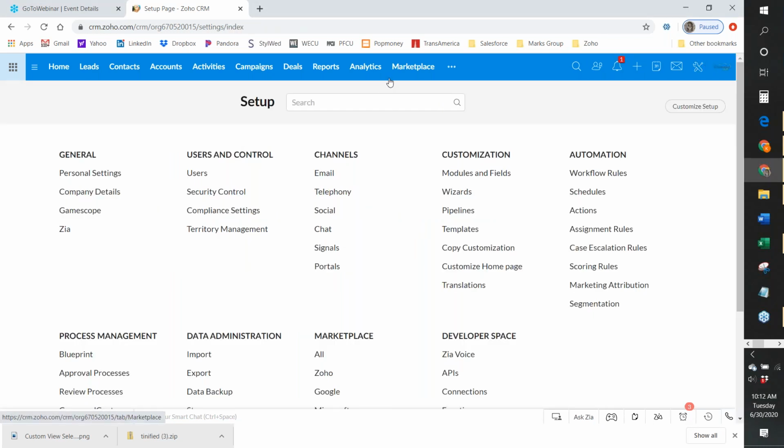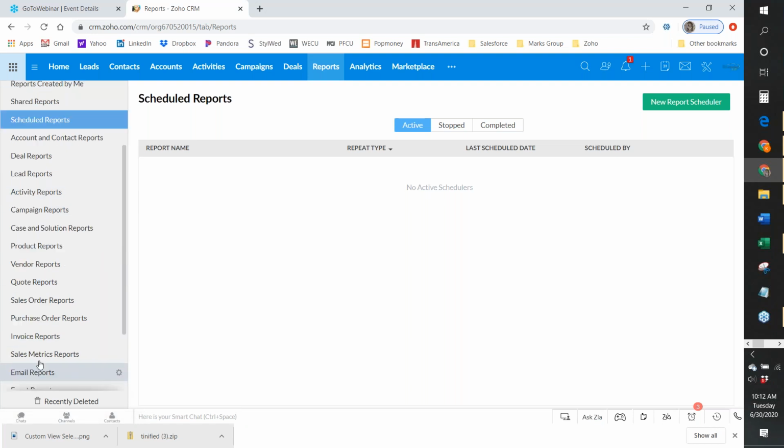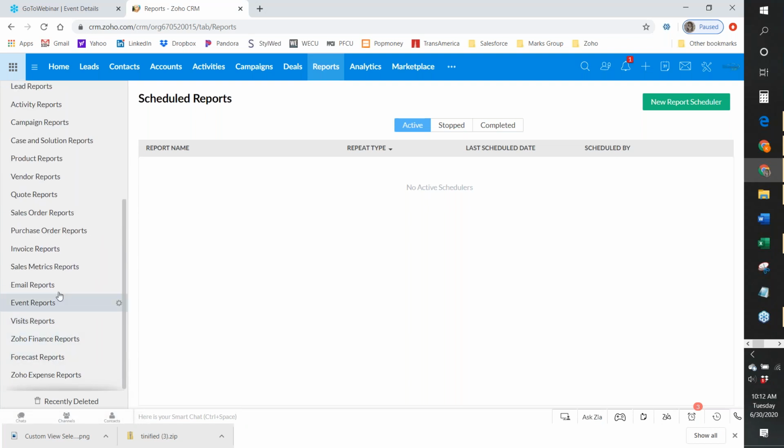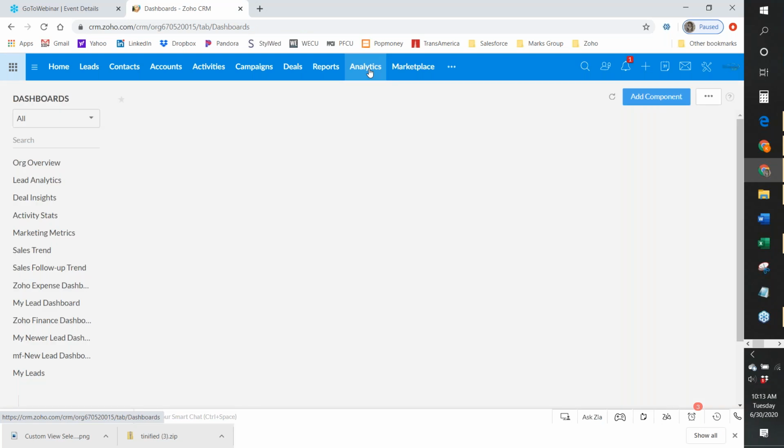There we go. We can actually see this when we go into our reports and when we go into analytics. So if you go to reports, down here we've got our sales metrics reports. So this will show us our lead conversion, overall sales duration, sales cycles, all the things like that. You can also see it over here in analytics